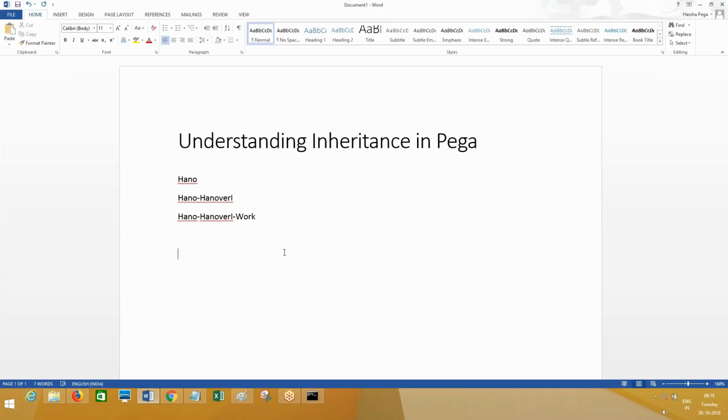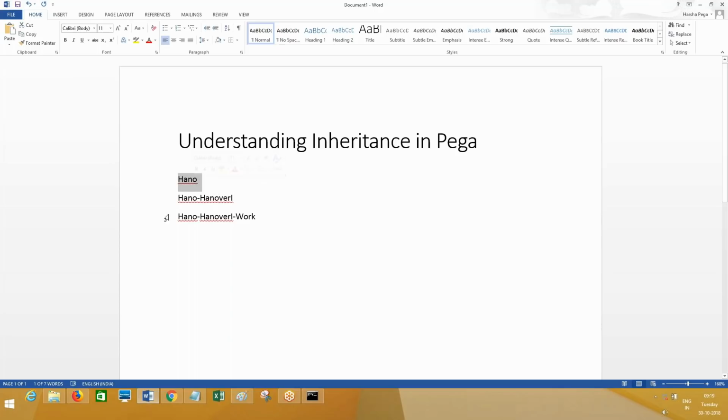Pattern inheritance means a class name made of multiple classes separated by a hyphen symbol will become pattern parents to the current class. If the current class is work class, pattern parent is this one. If the current class is Hanover I, pattern parent is Hano.